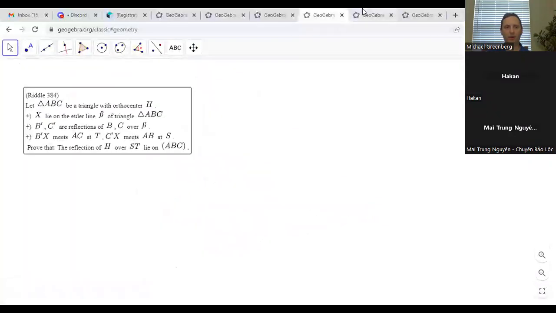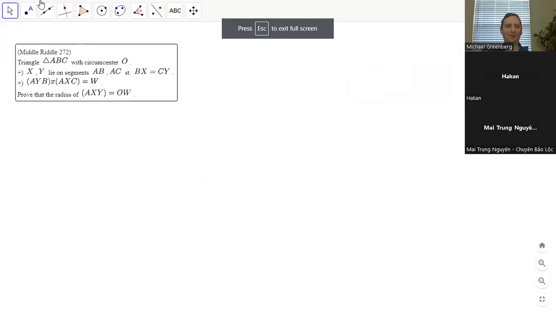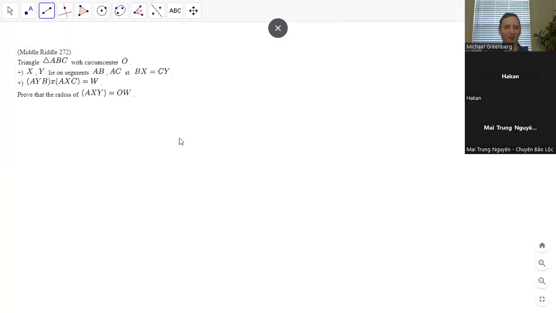Let's try this one. It looked kind of interesting, but I'm going to try one that's a little easier just for a second. This one looks a little easier. So we have a triangle ABC, circumcenter O, and